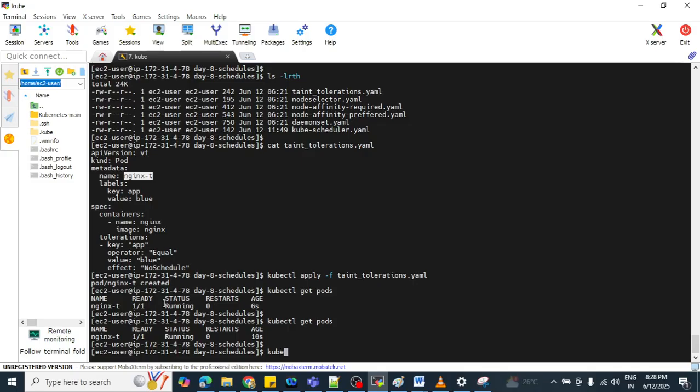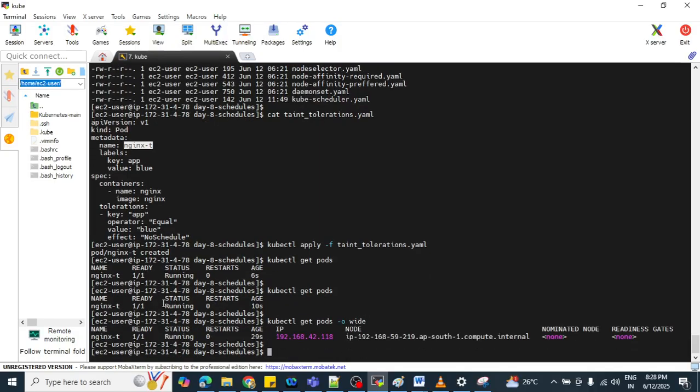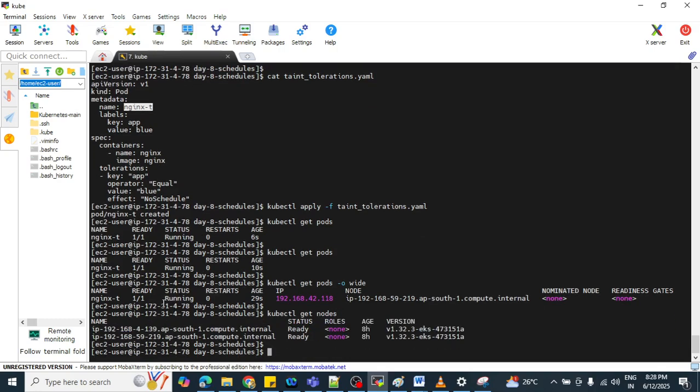Let me see with kubectl get pods -o wide, and kubectl get nodes. So it is running on this particular node.